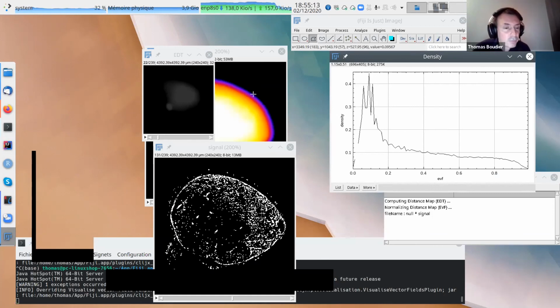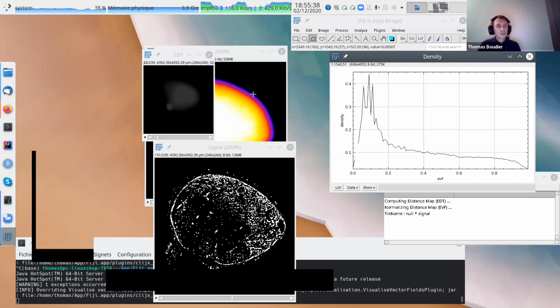I don't know what kind of FISH analysis you're referring to. Yeah, basically like the image that we have, here we have all these spots in the nucleus. Yes, if you want to have an idea if the spots are at the periphery or the center, you should use the EVF.